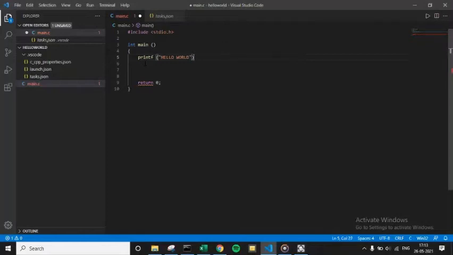And at the end of every statement you have to use a semicolon. And that's it. Let's save it.